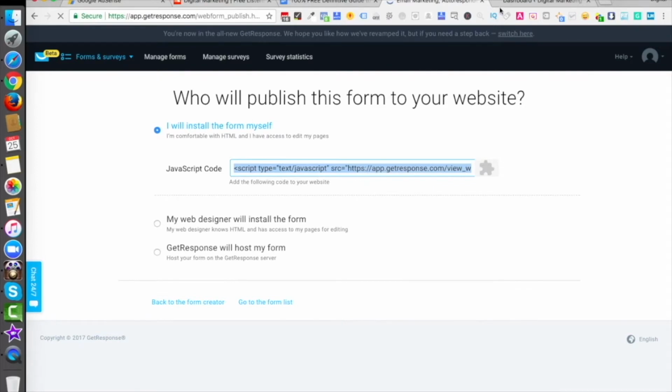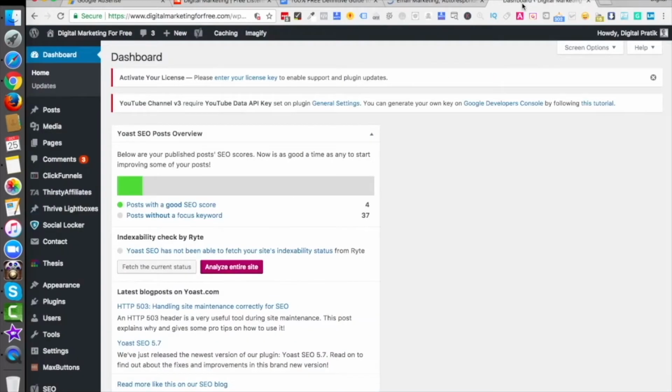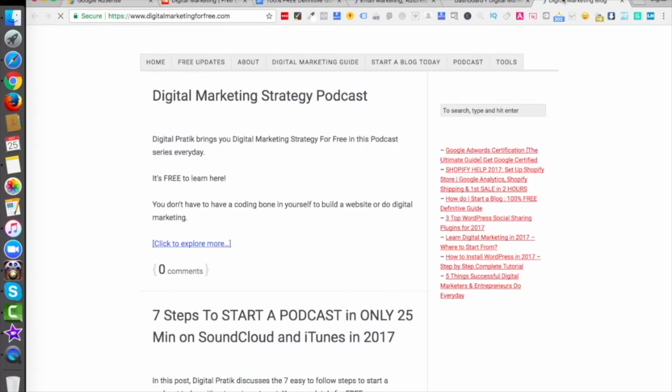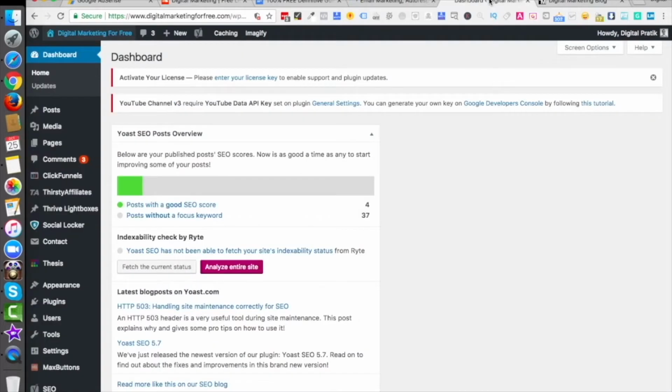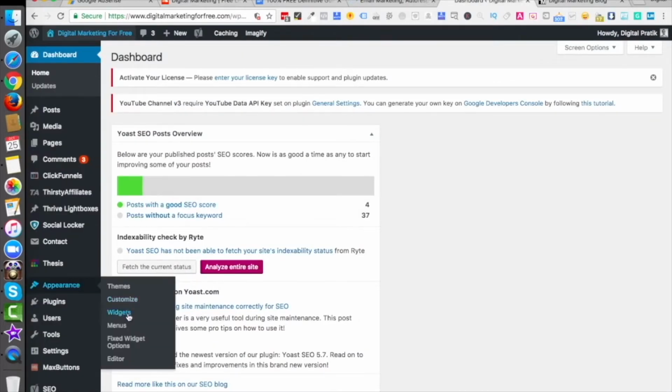All right, and now we'll go back to our WordPress dashboard, and let's actually look into the front end of the website and see how it looks right now before we add the form. So let's assume that you want to add that particular form on the sidebar right over here. Then how do you do that? For that, you simply go to your appearance, widgets,